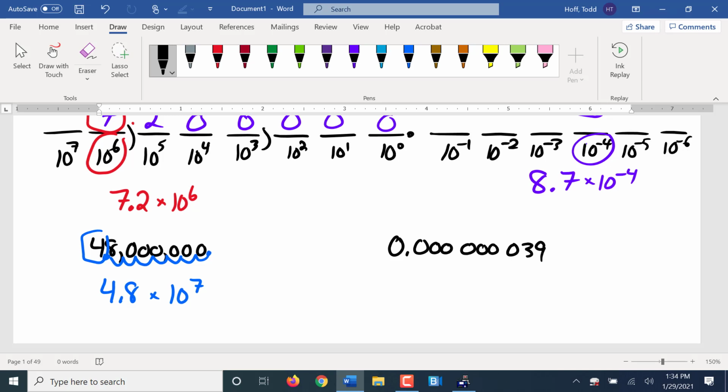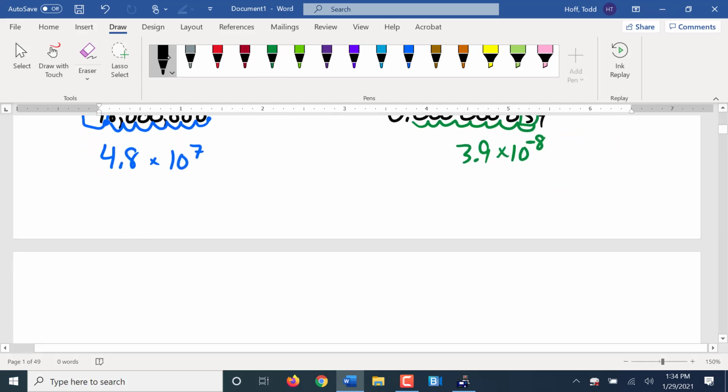So 0.000000039. First digit is the 3, so it's 3.9. 1, 2, 3, 4, 5, 6, 7, 8. You got it. And yes, that was a small number. It's smaller than 1, so it's a negative place value, negative power of 10 place value. Or going the other direction,